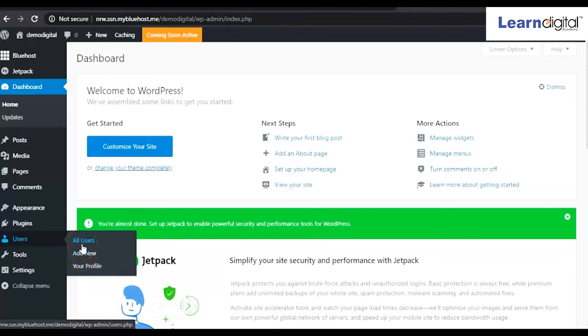User, that means just assume you don't have time to maintain your website, right? So this task you'll be assigning to someone. That means you will be giving a limited role to the person, whether it's a moderator or editor, like this one. So for doing this, simply you click on add new,